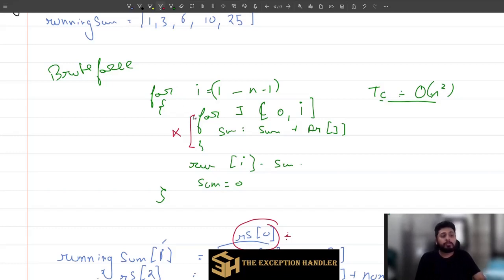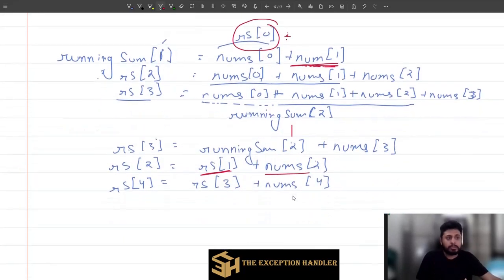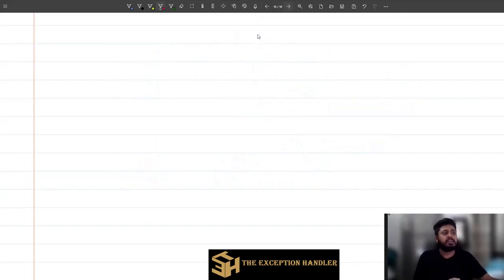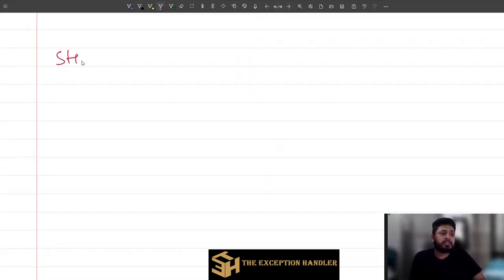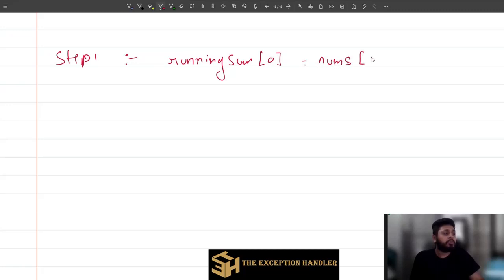Okay, so now if I don't have this loop, you can understand my time complexity is reduced to big O of n. So the basic algorithm that I would be writing for this is, for step 1, running sum of 0th index is equal to nums of 0, because for 0th index we don't have to calculate it. Now for step 2 we'll iterate